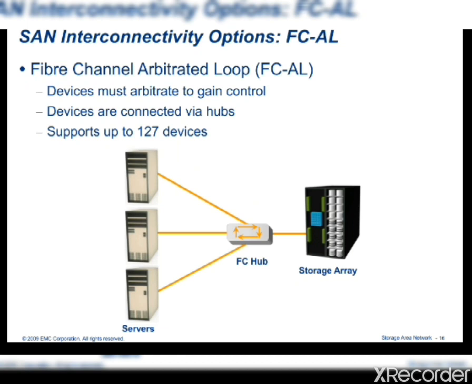So this FCAL configuration also has certain limitations in terms of scalability. All the devices connected in this FCAL share that network loop. Because each device is in a loop, it must wait for its turn to process an IO request. So overall performance of the devices in an FCAL environment is quite low. This configuration can support 127 devices on that shared loop.